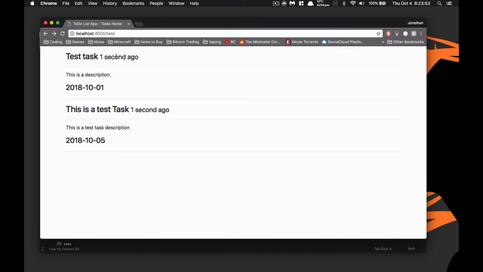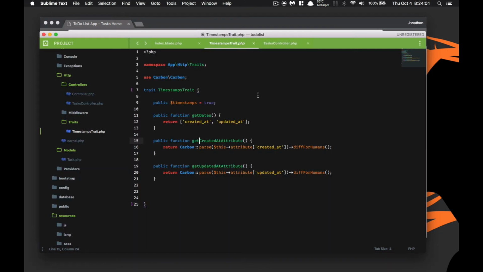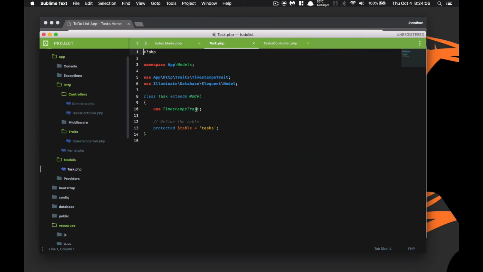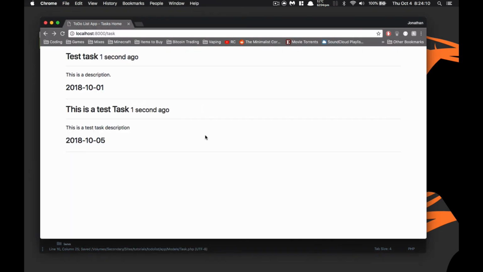I don't understand why that is pulling from there. That should be... All right, let's go ahead and open up our task model. We'll go ahead and comment that out real quick, and we'll refresh and see. Okay, so that should be